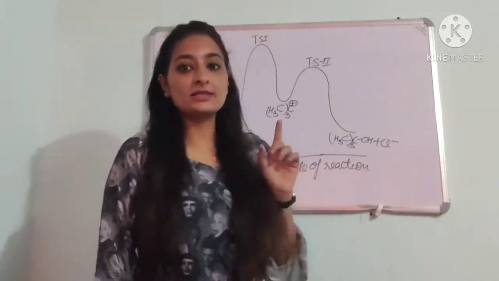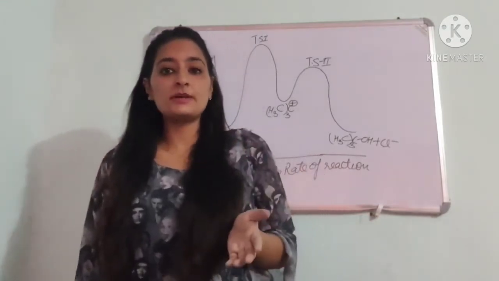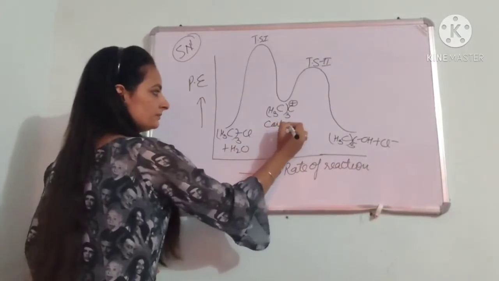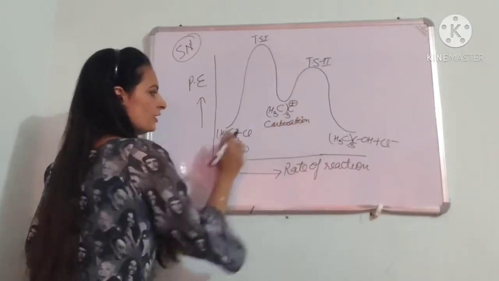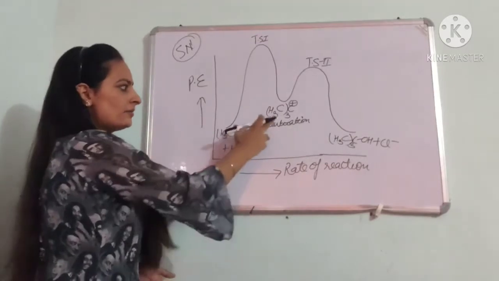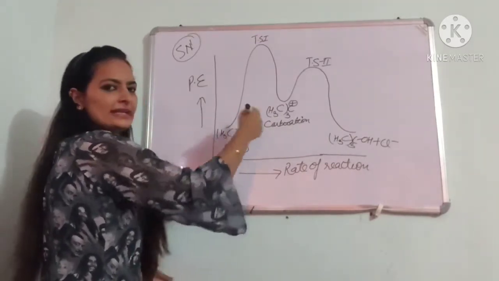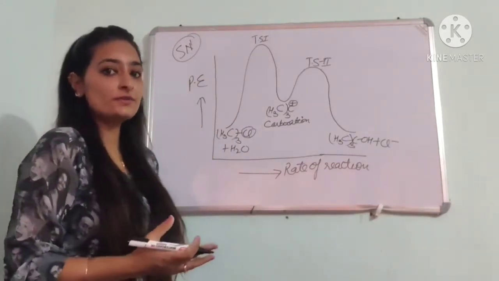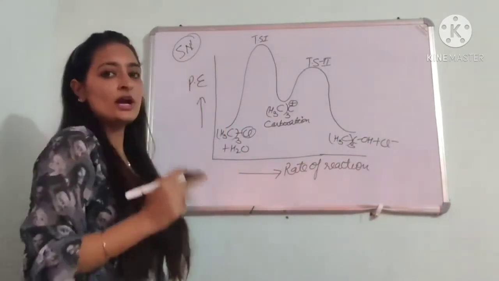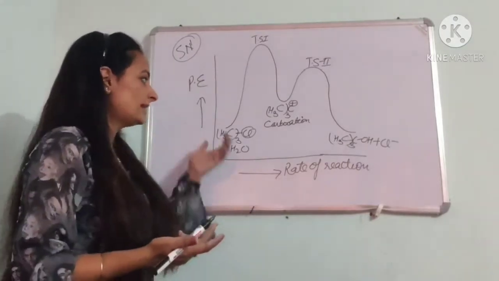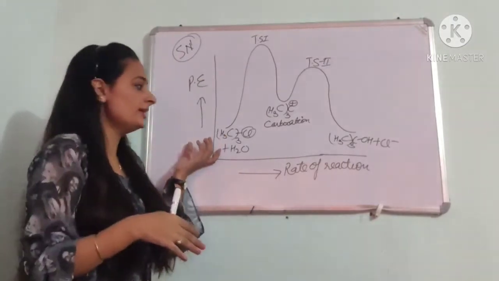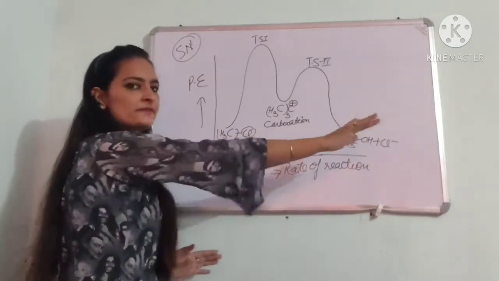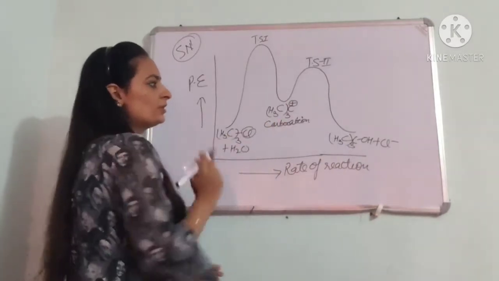As you all know, the SN1 reaction has a two-step mechanism, and in the very first step there is a formation of carbocation from your reactant, and that carbocation is formed when your leaving group leaves the alkyl halide. In this case, which alkyl halide do you have to take in an SN1 reaction? You have to take the tertiary halide. Because of the hindrance factors, the nucleophile can't easily attack this alkyl halide, and therefore first of all your leaving group will leave, and then a carbocation is formed.